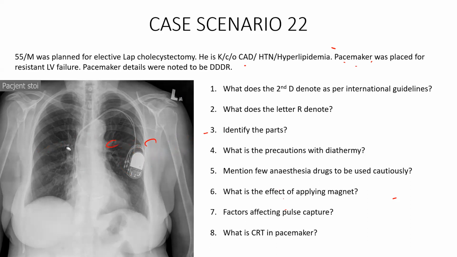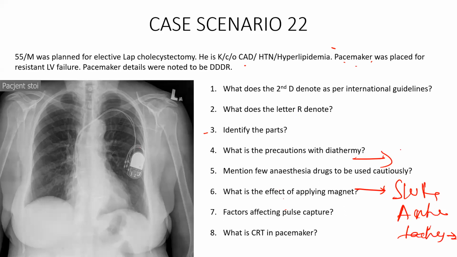So in order to avoid that, apart from applying a magnet, you have to switch off the shocking function of the pulse generator, that is, switch off the anti-tachycardia response. That is the first thing you have to do when the patient is coming for surgery. When you don't have time, you can apply the magnet and put the pacemaker in the demand mode. But if you have enough time, the first thing is to switch off the anti-tachycardia response, and then activate the demand mode, which is the asynchronous mode or the backup mode. These are the two things we have to do when the patient is coming for elective surgery.